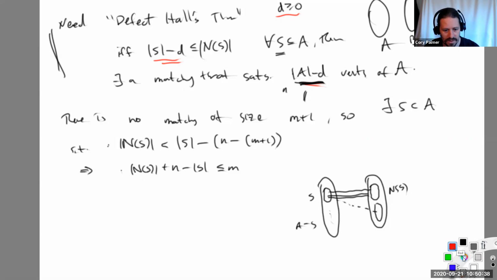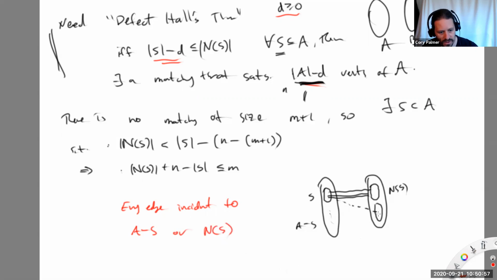So what it means is that I can make a vertex cover as follows. Every edge is either incident to A minus S or to N of S, or potentially both. So why don't I take these vertices